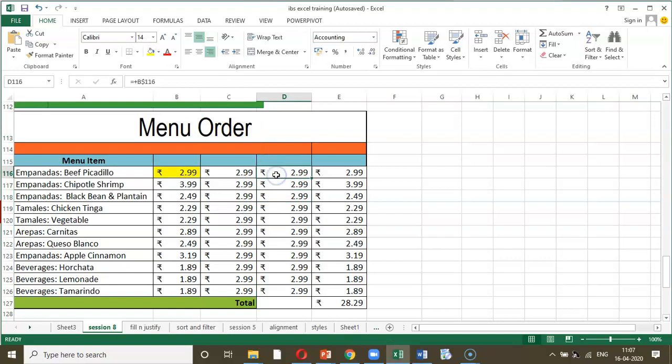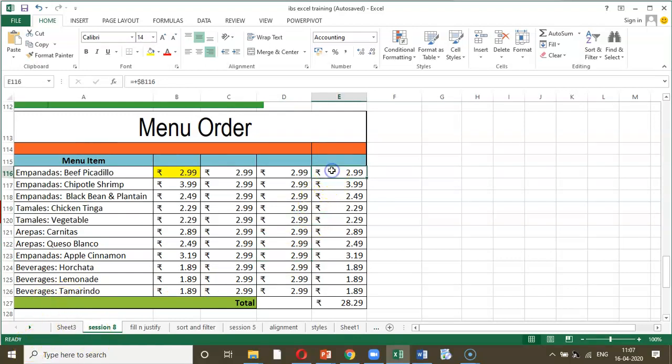Let us look at the next. So I have put a dollar before 116. So 116 happens to be the row, and here B is not constant. So let us see the next one. If I don't put a dollar in front of B, it does not matter. A dollar in front of the row will make the column also constant. Hence we are getting 2.99 in all the rows, column.